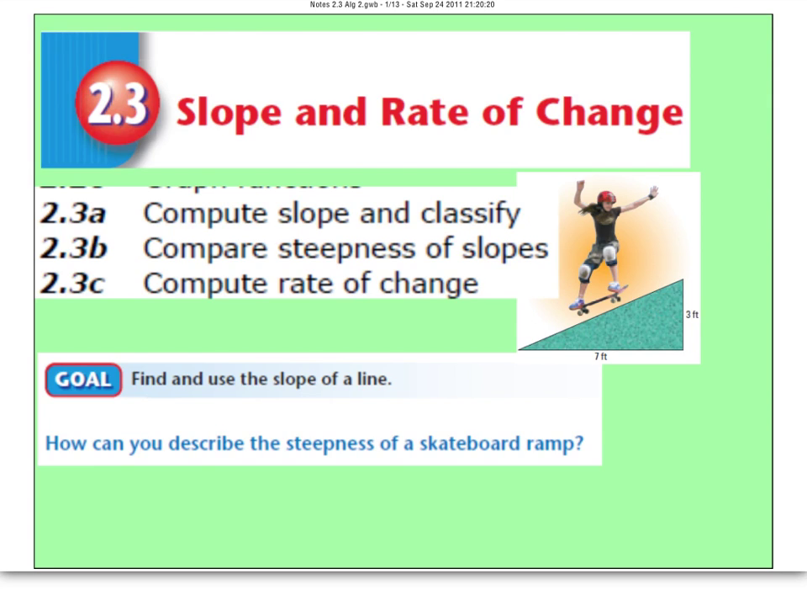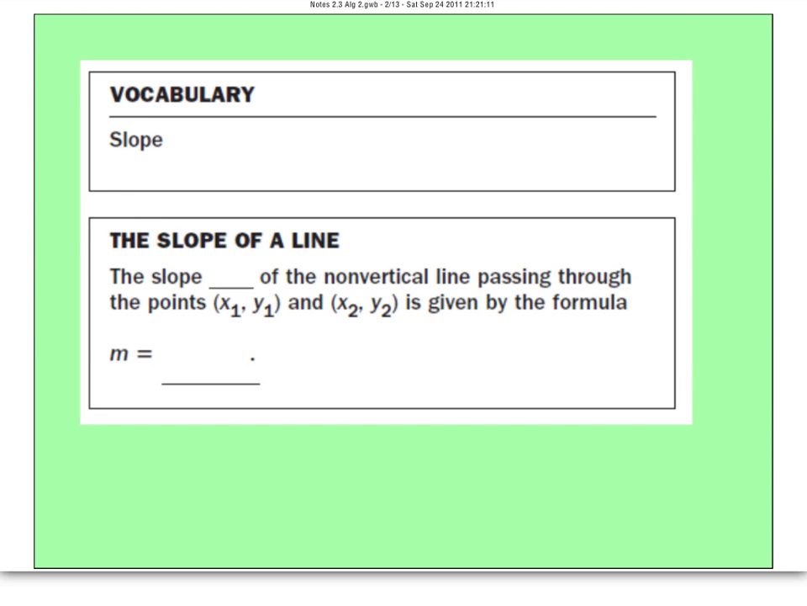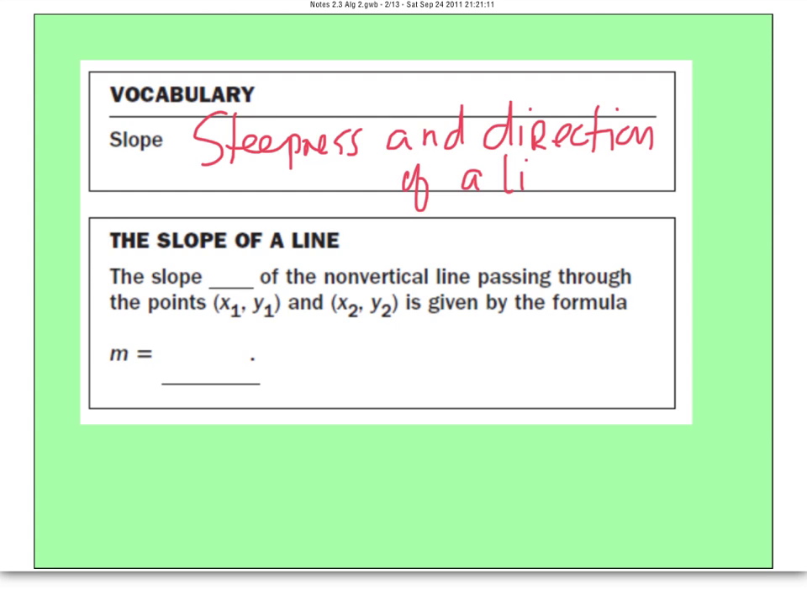Let's look at Learning Objective 3.2a, computing the slope and classifying it. A good definition of slope would be the steepness and direction of a line. It'll be a numerical value we compute that will tell us if it slopes upward or downward and how steep it is. So in math, the slope is typically used as the letter M of the non-vertical line passing through